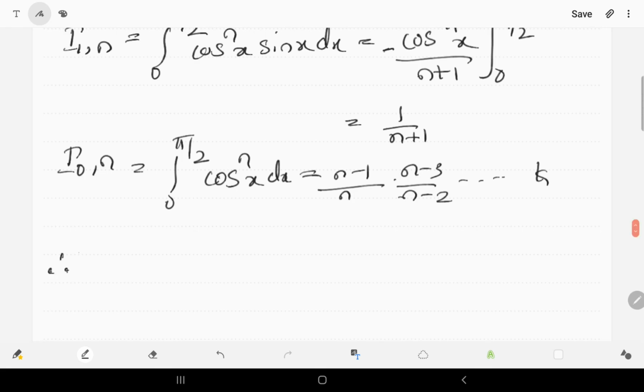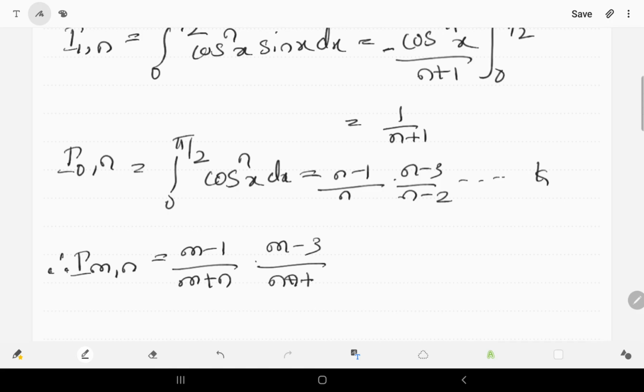Therefore, this reduction formula becomes I of m comma n is equal to m minus 1 divided by m plus n into m minus 3 divided by m plus n minus 2 and so on, divided by 2 divided by 3 plus n, 1 divided by n plus 1,